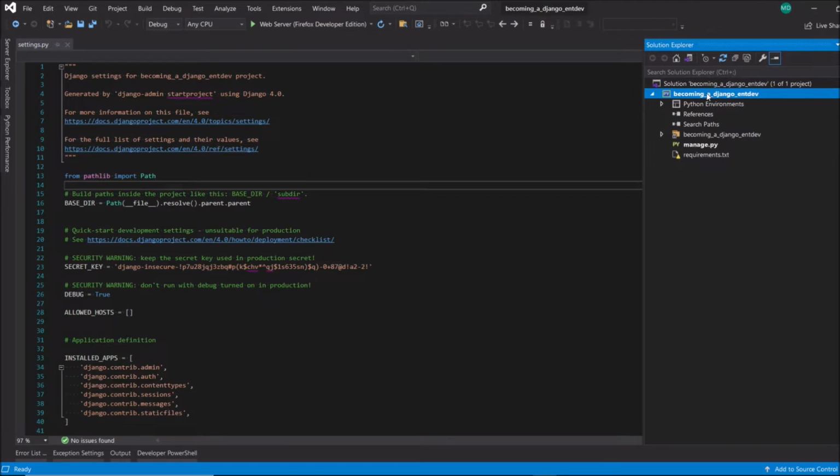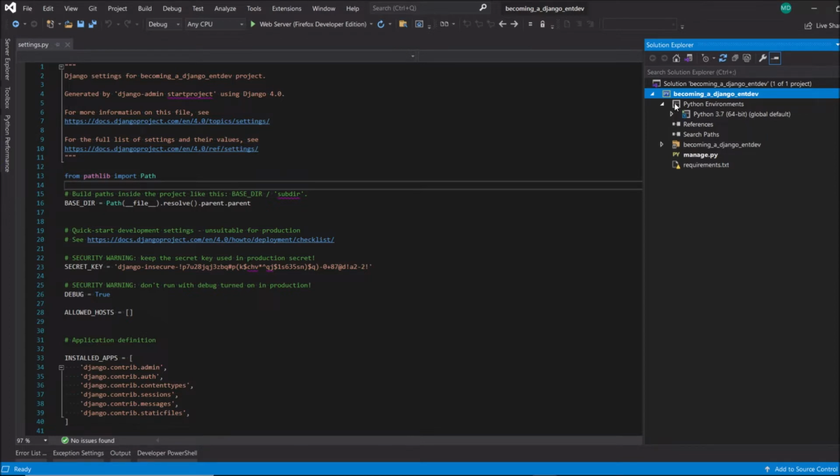Here I'll see the name of my project inside the Solution Explorer, where I can expand down into it. Under the Python Environments drop down, you'll see that the standard Python environment exists, but that's not the one that we will be using. We'll be creating our own